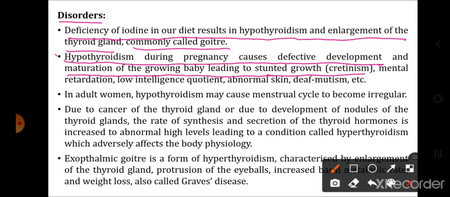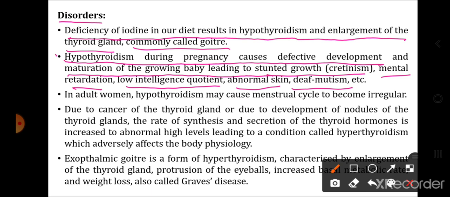Hypothyroidism during pregnancy causes defective development and maturation of the growing baby, leading to stunted growth, that is cretinism, mental retardation, low intelligence quotient, abnormal skin, deaf mutism, etc. So if in a pregnant lady the thyroid hormone is secreted in less amount, then it will affect the growth and development of the baby. There won't be proper development as well as maturation in the growing body, because of which the baby will have stunted growth. Just as deficiency of growth hormone caused stunted growth called dwarfism,